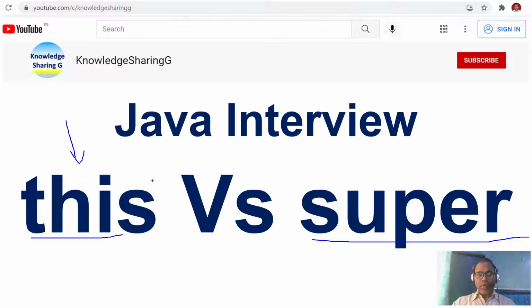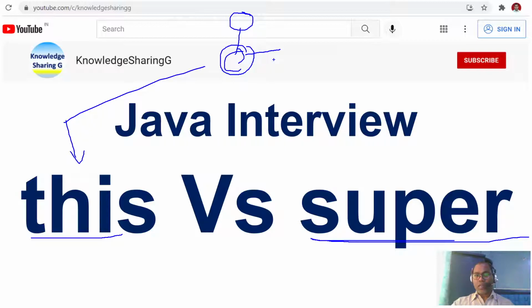In general definition, the this keyword is used to refer to your current object, and the super keyword is used to access your superclass object. In the case of inheritance, there is a subclass and a superclass, and you may want to access a data member, maybe a variable, a constructor, or methods. The this keyword is used to invoke or access the current variable, constructor, or any method.